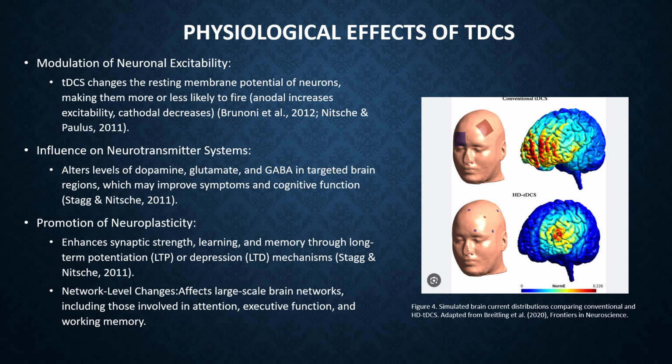Now let's discuss some physiological effects of tDCS. tDCS does more than just zap the brain. The current tweaks the natural charge across the neuron membrane, making it easier or harder for neurons to fire. With the right settings, tDCS can boost neuroplasticity, the brain's ability to adapt and form new connections. It also indirectly affects key neurotransmitter systems, including dopamine and glutamate, and may help restore more normal rhythms and network activity. Recent advances in computational modeling have even let us see how tDCS changes current flow within the brain.